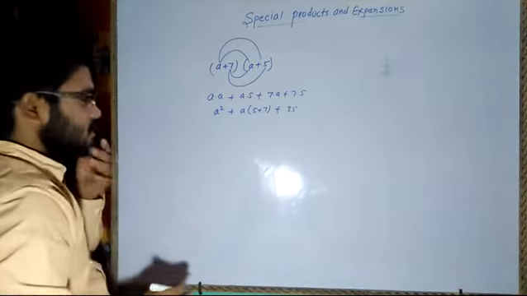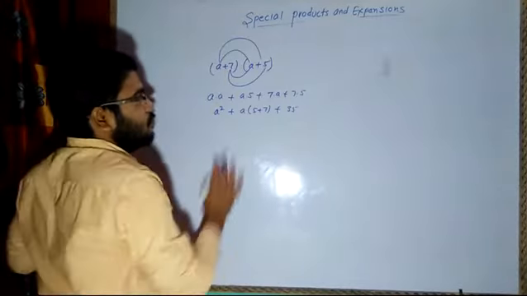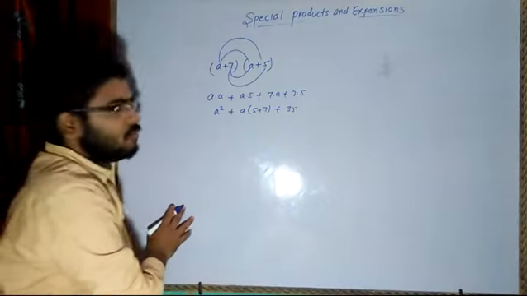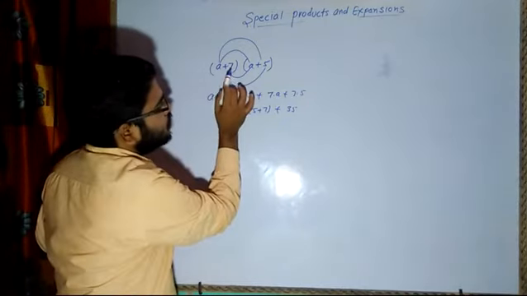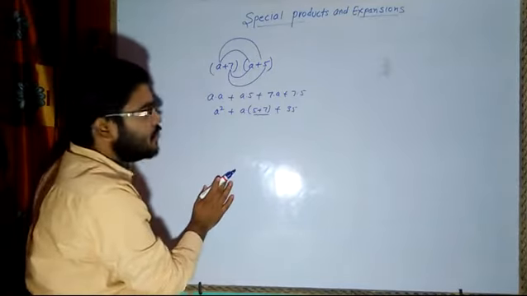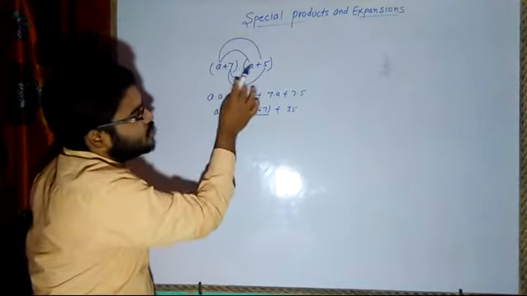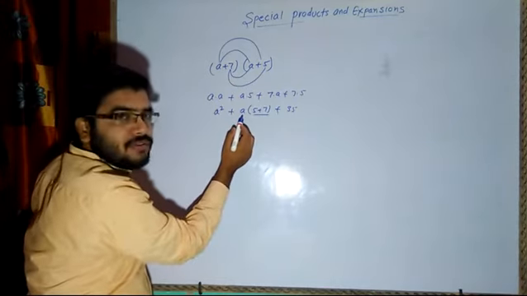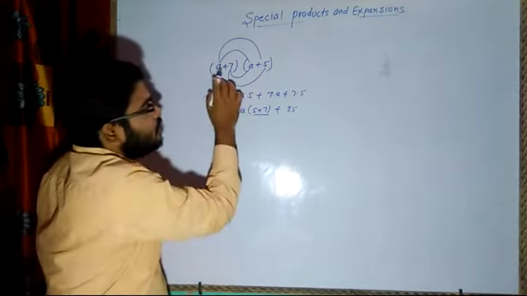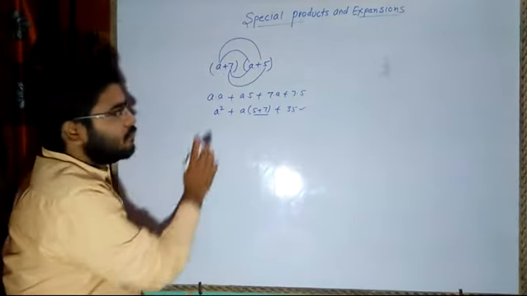Now what did you understand by special product is that when we have a binomial multiplied with a binomial, then the constants are being added. The constants we have to add, and the variable that is left, that same variable we will keep aside, and the constants again will be multiplied, variables again will be multiplied.